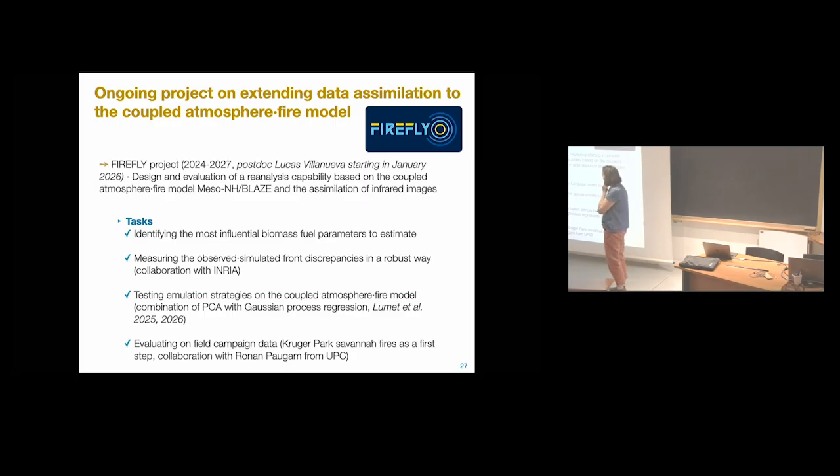In the different things we want to study, first we need to define which fuel parameters we want to estimate, which ones are the most influential on the fire front. For sure the dead fuel moisture parameter is an important one, but we could do something like a global sensitivity analysis to see, on a given case, what are the two or three parameters that are really important to estimate. There is this work on the front differences that we want to continue with in RIA, because for now we have done it in a deterministic approach, but we need to work on how to include uncertainties within this cost function I mentioned.